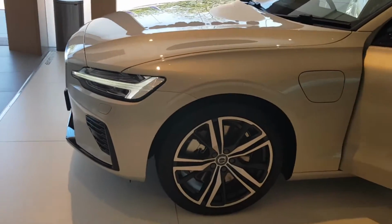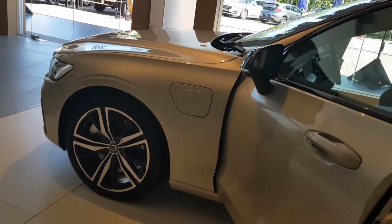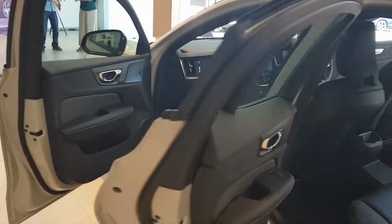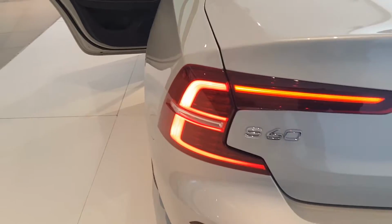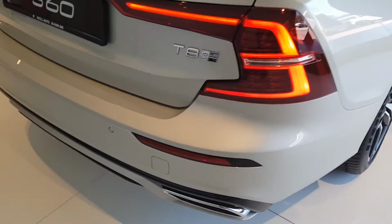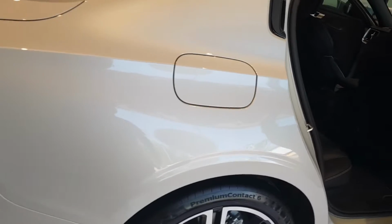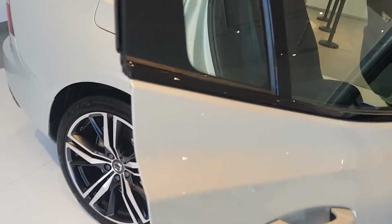Guys, today we're at iRoll Auto. Glad that iRoll Auto have us, and this is the all-new S60 T8 R-design. And I'm quite glad that Volvo Cars Malaysia has brought in the R-design, because this target audience obviously must be the guys who are shopping at a budget of around 300,000, looking for rivals like the C300 AMG Line,